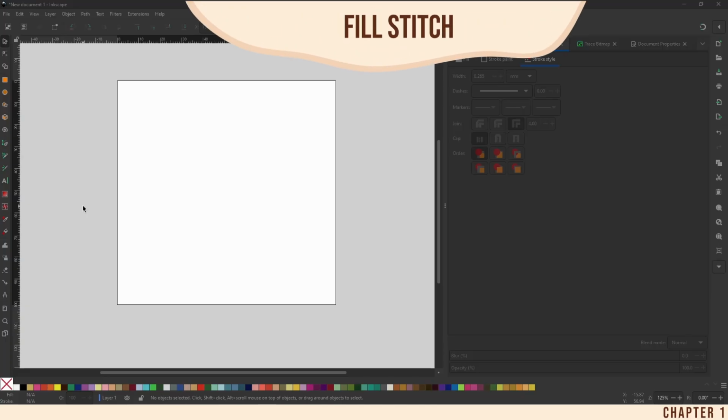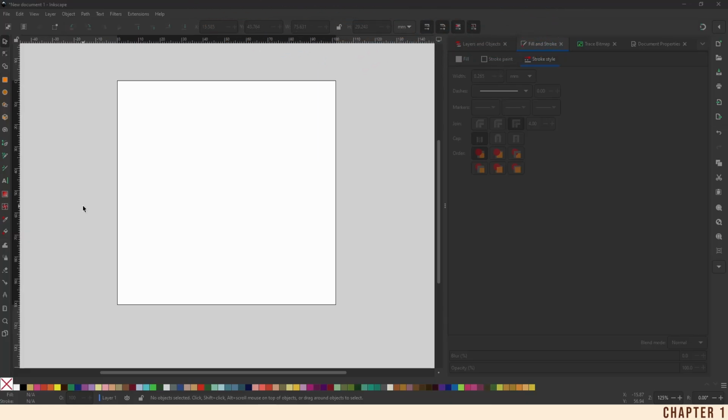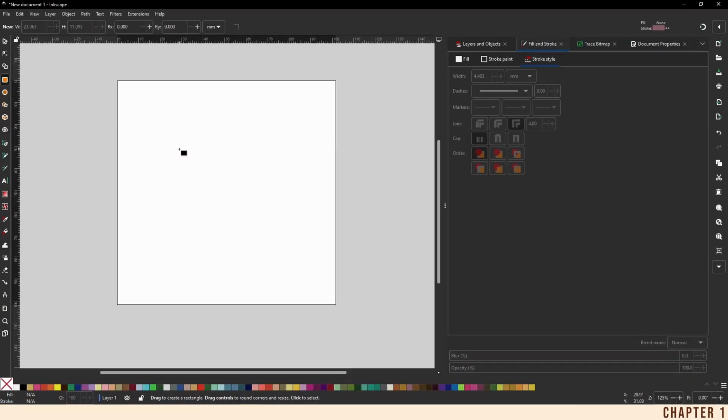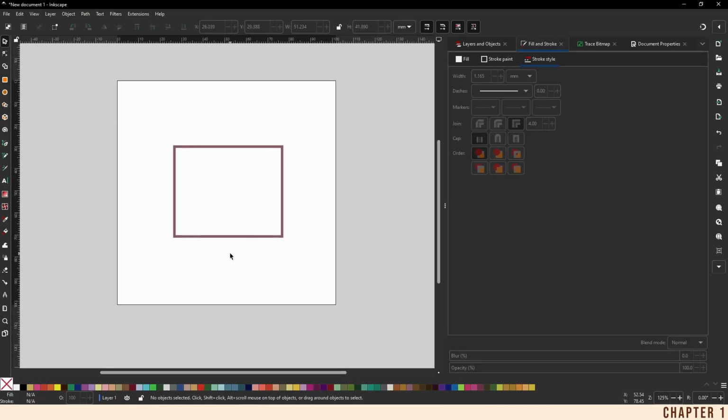First up, it's the fill stitch. This is the most common stitch that I personally use in my embroidery designs, and it's also the most simple. You can use any one of these three tools to make your fill stitch. Let's choose the rectangle. Now, to make a fill stitch, we do want to make sure our shape has a